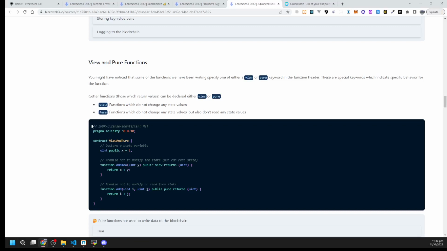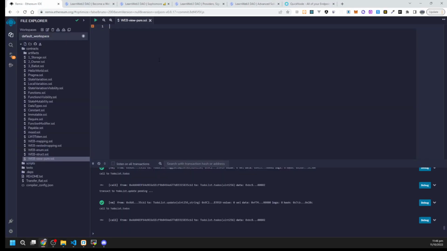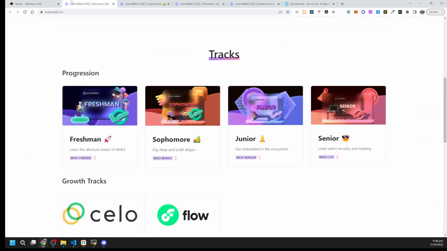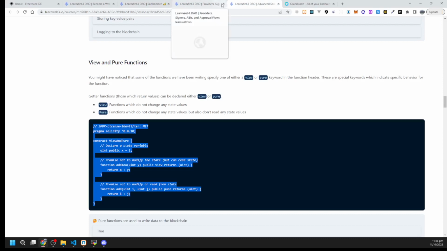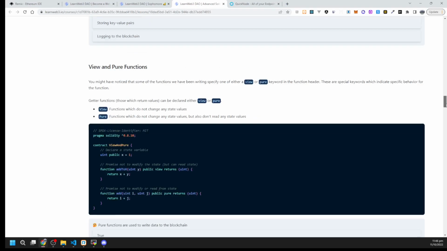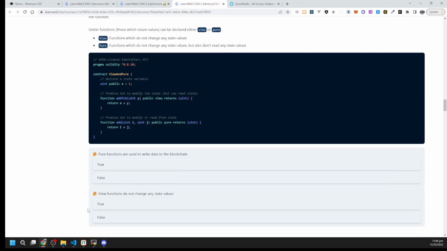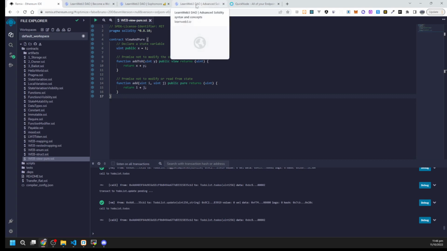Let's copy this code and paste it here. I have already created a file here, web-view-pure. Okay, now let's say... okay. So I did say that